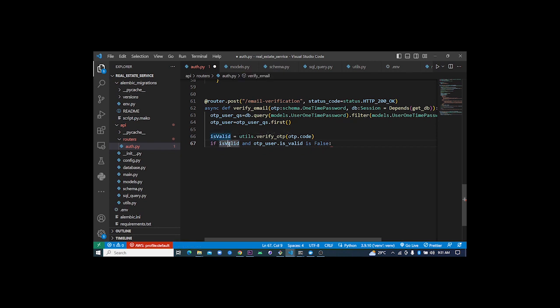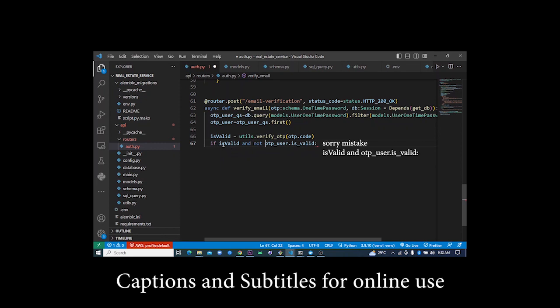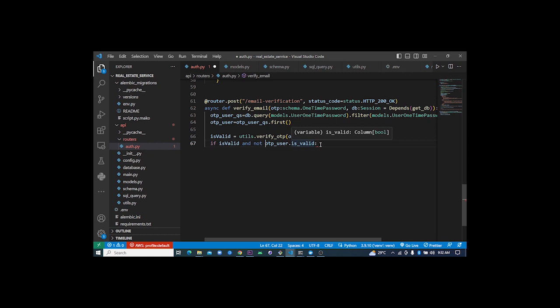All right, so if this is true and this is false, or better still, since both of them are boolean, we can use not. If it's valid and not OTP user dot is valid, we want to start performing the update. So first of all, we are going to get the user that this OTP is bound with. So we're going to say user underscore query